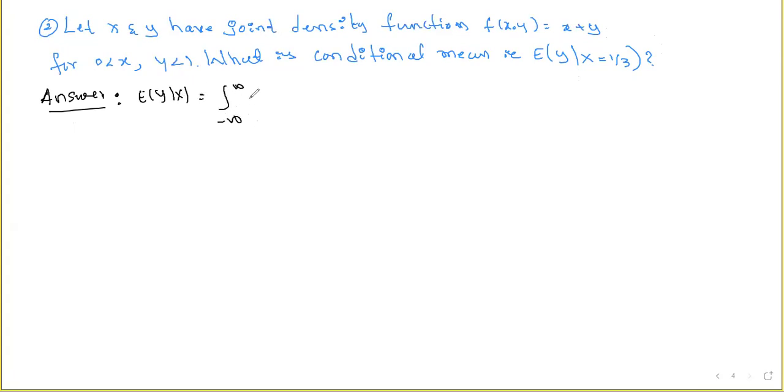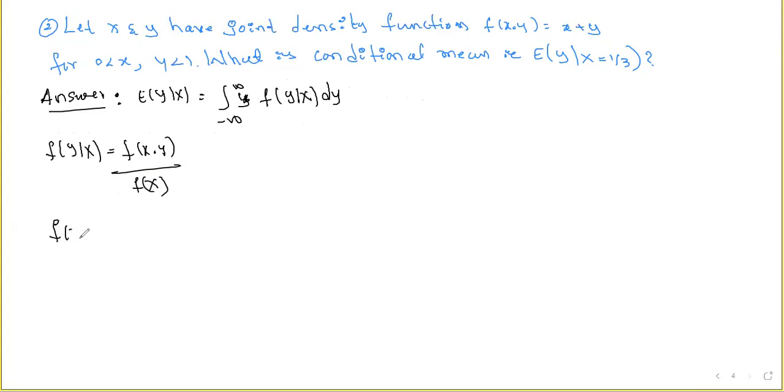Integration minus infinity to infinity y into f of y given x dy. This is the formula to find out the conditional expectation. But what about this f of y given x? This is f of x comma y divided by f of x, right? So f of x means what? This is the marginal distribution of x. So this is nothing but integration over range space of y f of x comma y dy,